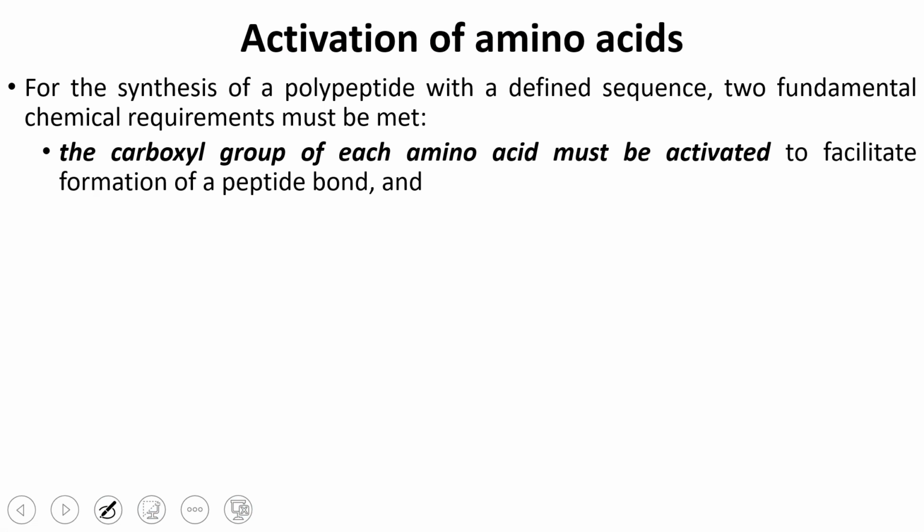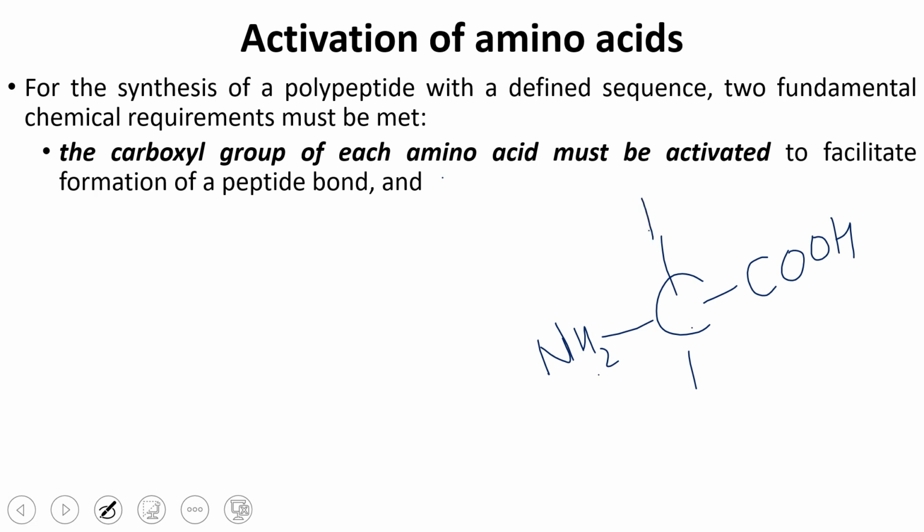The carboxyl group of each amino acid must be activated. अब आपने देखा था अमीनो एसिड का बेसिक स्ट्रक्चर. मैंने बोला कि हम प्रोटीन सिंथेसिस में कौन सा अमीनो एसिड यूज करते हैं, अल्फा, बीटा, गामा में से? अल्फा सर. सो अल्फा में क्या होगा? This is COOH group, this is NH2 group. अल्फा कार्बन पे अमीनो ग्रुप होगा, एक हाइड्रोजन होगा, एक R ग्रुप होगा. This is one basic amino acid.